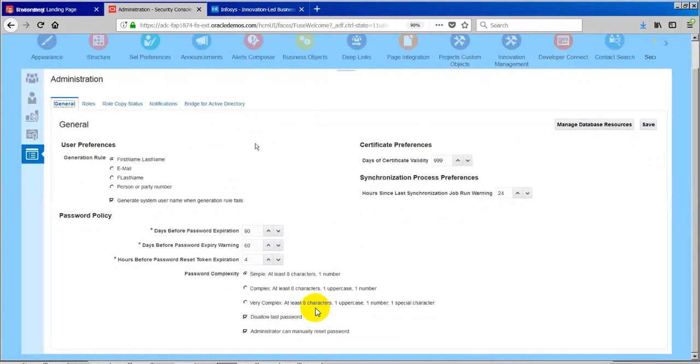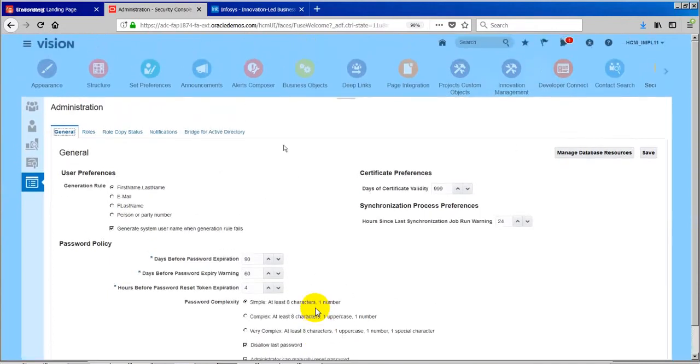If you are not using single sign-on, if you are going with separate login credentials for the Fusion applications, then these password policies will be effective. That's how it works.